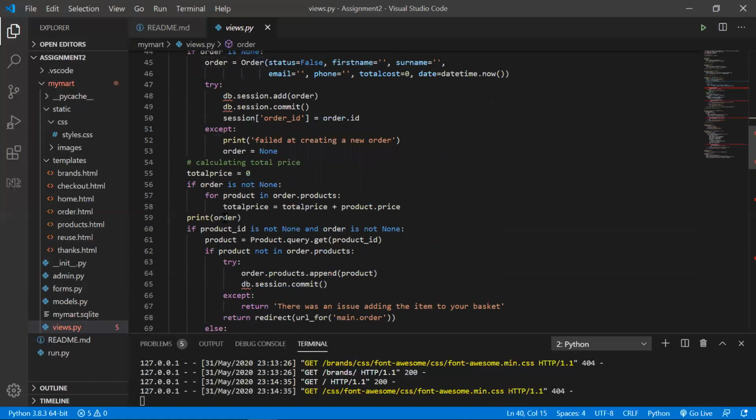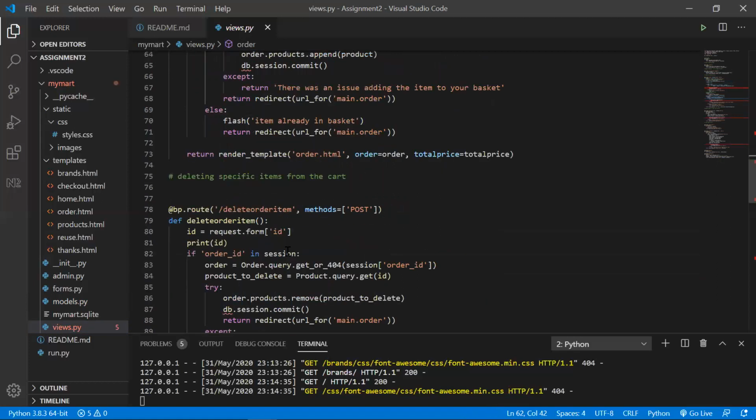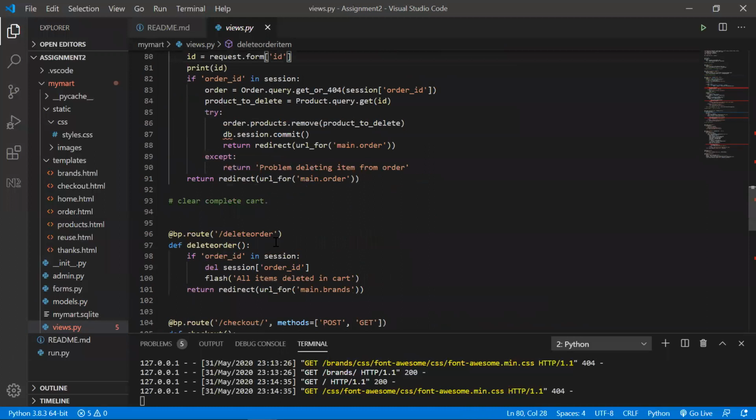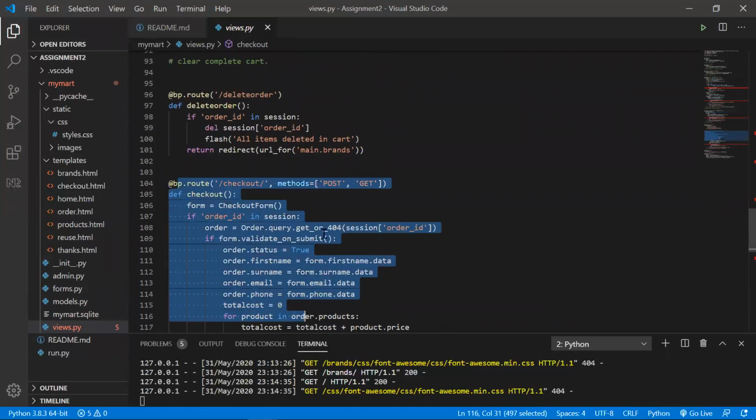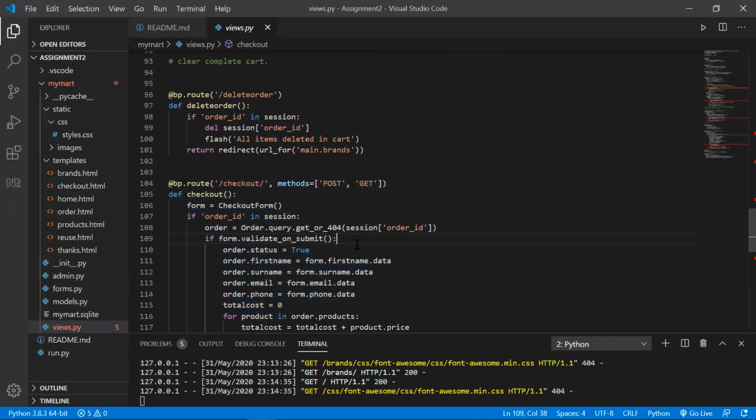So this is the code to display the items in the cart. And as I showed you before, if I want to delete an order from the cart, I can delete my order based on the ID. So here I am requesting an ID which I want to delete. Based on the ID, I can delete the products and delete the order. Here it is a checkout page. I still didn't go to the checkout page; I will explain it last.